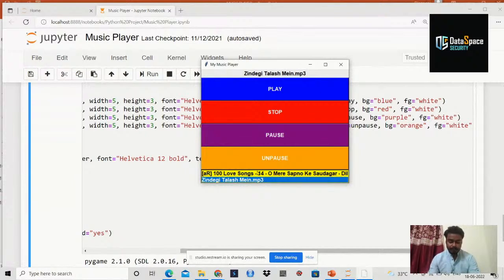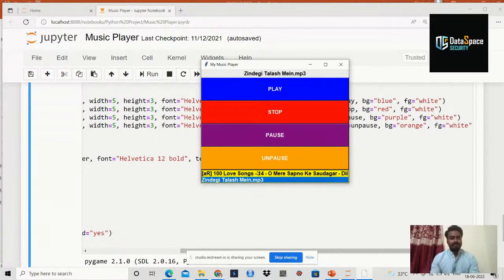This is the thing we have used, and I think you will be able to create a music player with Python from the next time. So that is for today. I'm telling you again, we have created the music player successfully